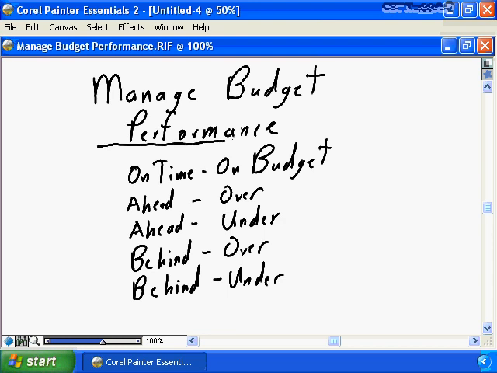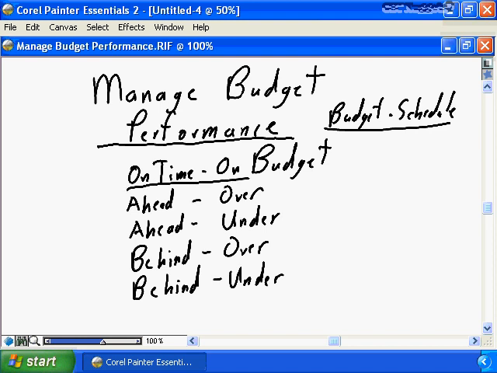In managing the budget performance, we actually tie budget and schedule together. Simply knowing whether you're on budget, ahead of budget, behind budget, it's an interesting fact, but it doesn't mean much unless you put it into relationship with schedule. The same thing, being ahead of schedule, being behind schedule is an interesting fact, but when combined with budget, it gives you more interesting information. So obviously our ideal target for any project is to be on time-ish and to be on budget-ish. But even with the ishes thrown in,